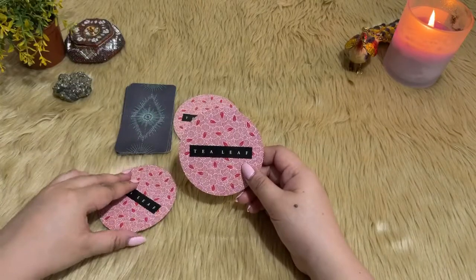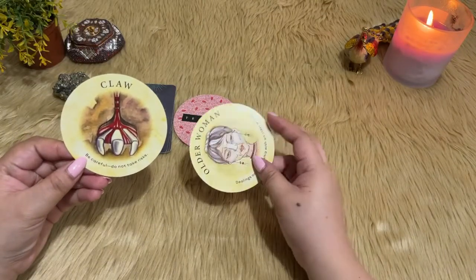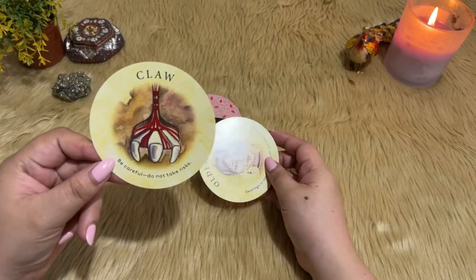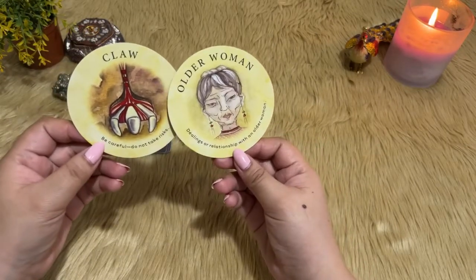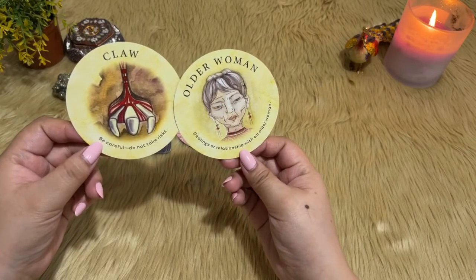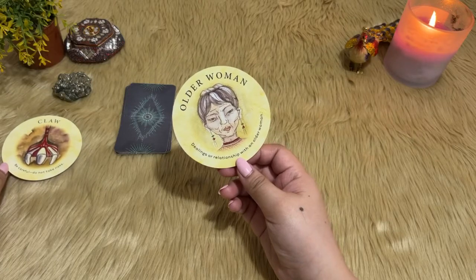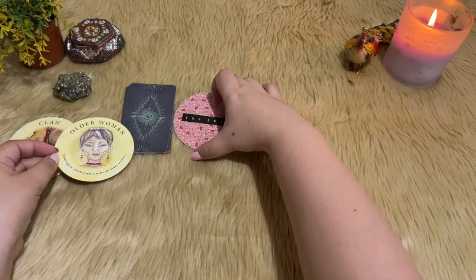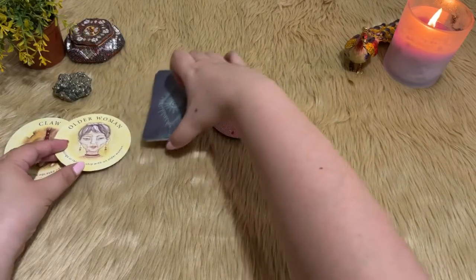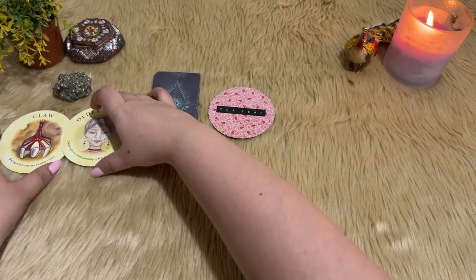Now for your first cards, you have Claw. Just gonna put it closer for you guys to read more about the card. And then we have Older Woman. So pile number 2. What I'm seeing here is that, for most of you who picked this, although it's not